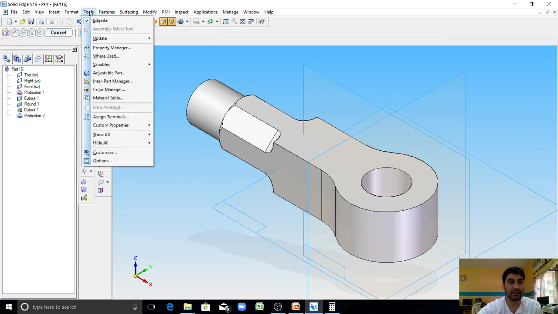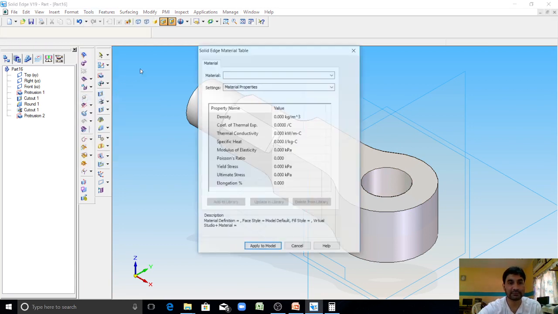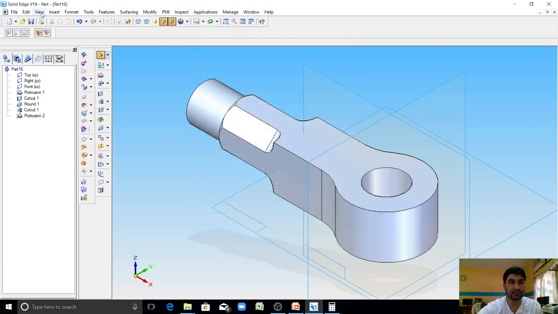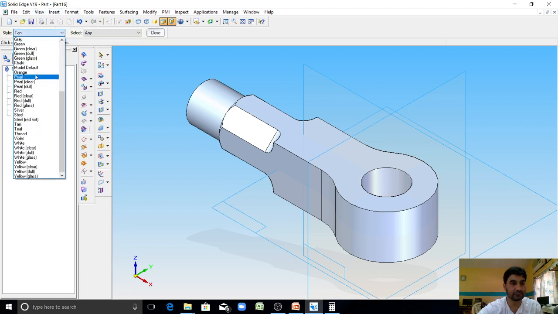Now assign the material for this. Go to tools, material table. Material is Fe410W. Apply to model. Format, part finder. Give a different color for this.